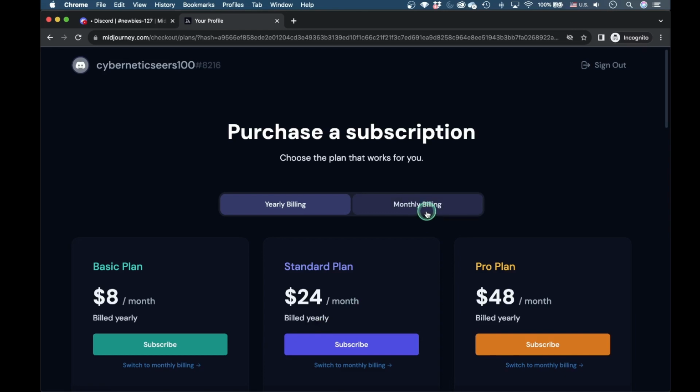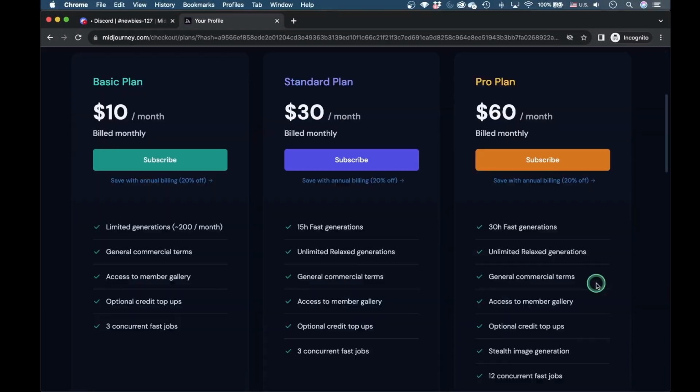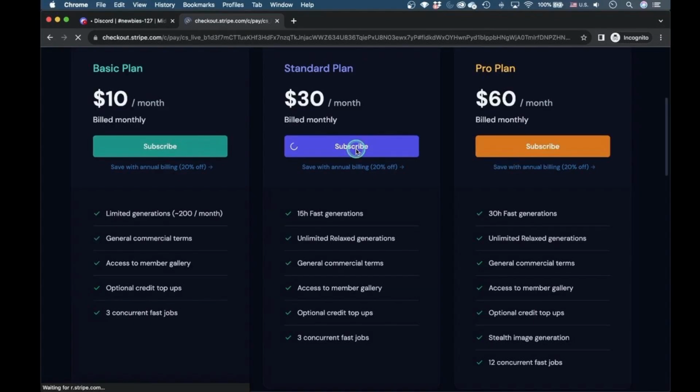They have different monthly and yearly subscription plans. To start with, I would suggest taking a monthly plan, and afterwards you can always decide on a yearly plan. We have two choices, a basic plan and a standard plan. In the basic plan, you get 3.3 hours of GPU time and can generate approximately 200 images, while in the standard plan, you get 15 hours of GPU time and around 900 images generation. However, the exact number will depend on the options you will use for creating images. If you want to explore and experiment, then the standard plan is a good option.